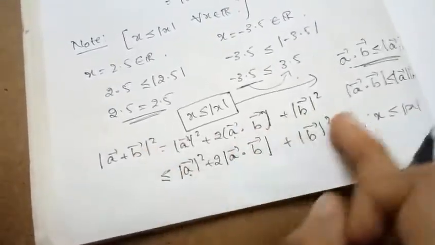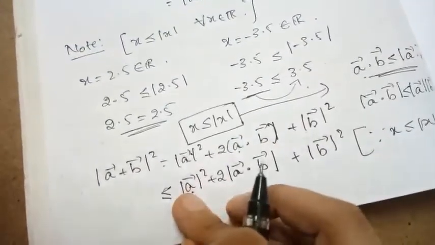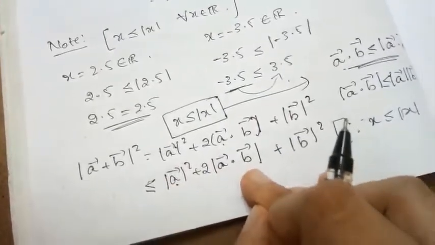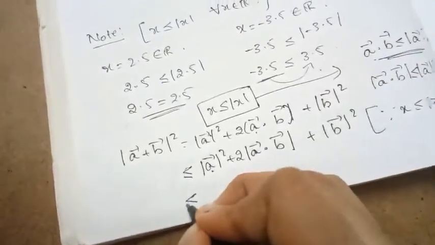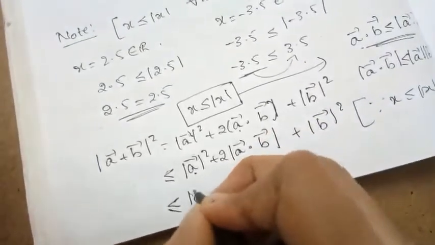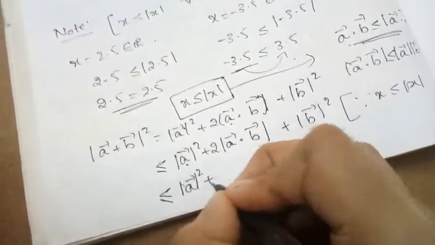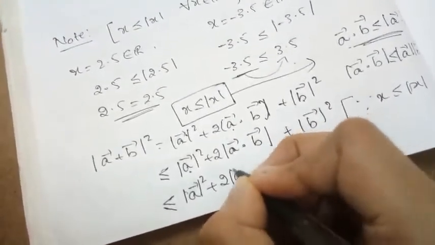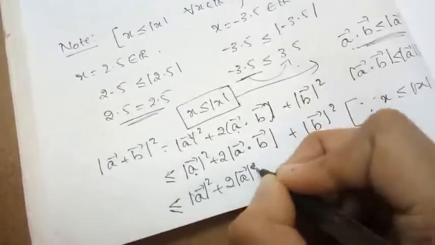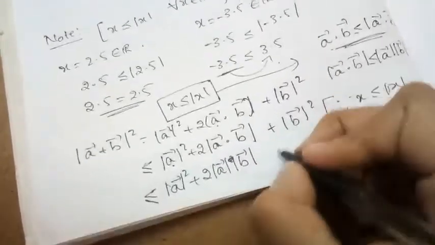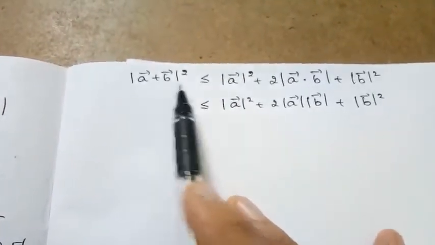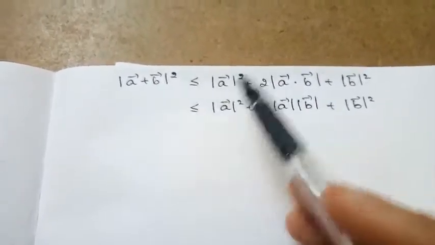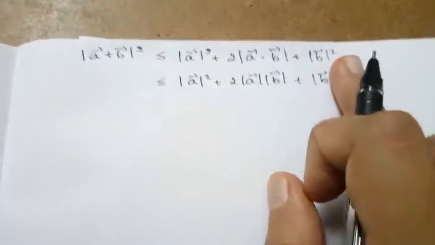So now this whole quantity, that is magnitude of vector A whole square plus 2 times the magnitude of A dot vector B plus magnitude of vector B whole square, will become less than or equal to magnitude of vector A whole square plus 2 times magnitude of vector A into magnitude of vector B plus magnitude of vector B whole square. So magnitude of vector A plus vector B whole square is less than or equal to this quantity,